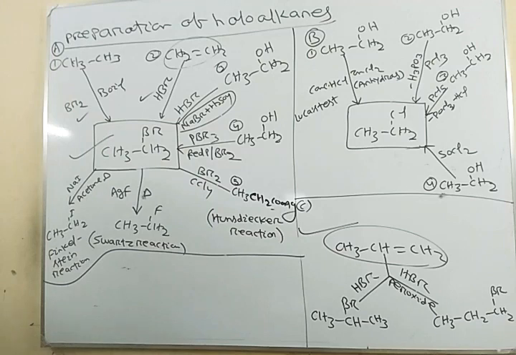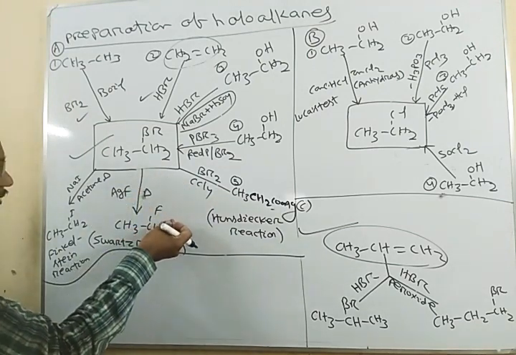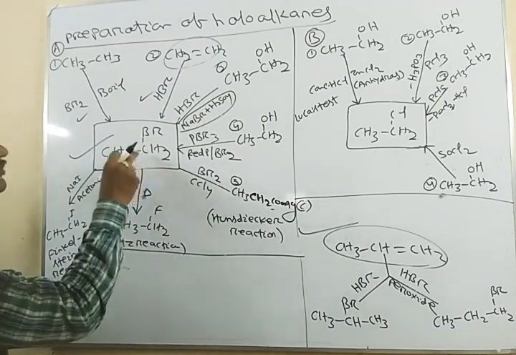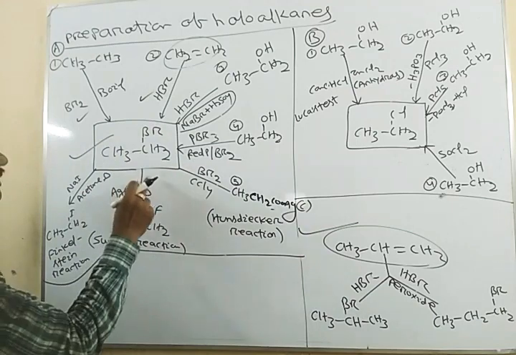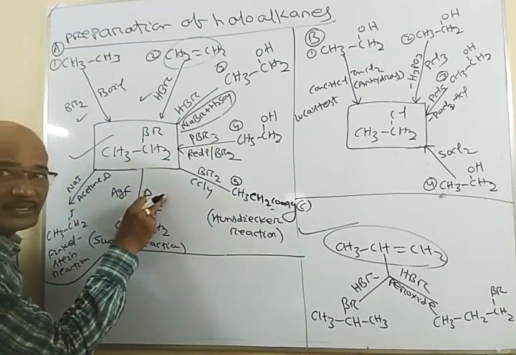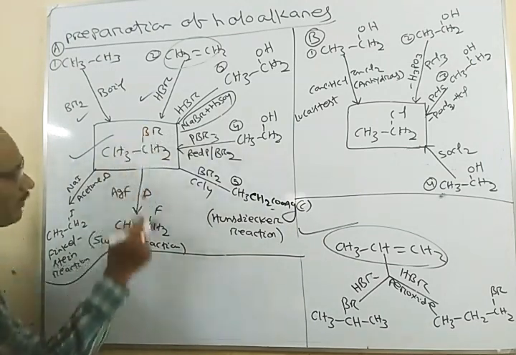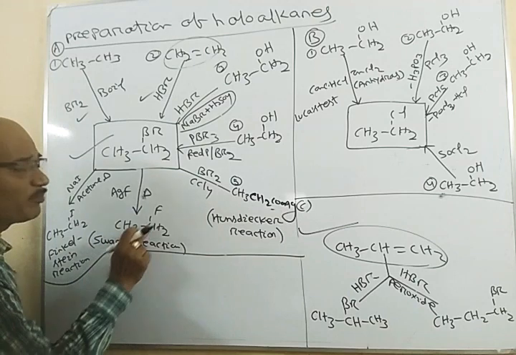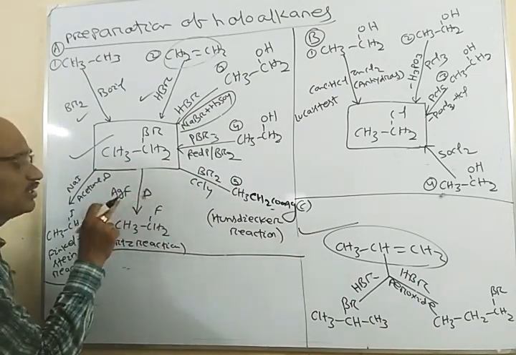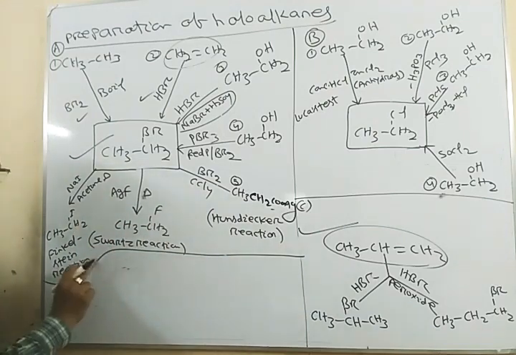Now after that, we can prepare fluoroalkanes, alkyl fluorides, from alkyl bromide. From this alkyl bromide, ethyl bromide, if I take AgF and heat, then I can get CH3CH2F. Similarly, when ethyl bromide is heated with silver chloride, ethyl chloride is formed. This is called the Swarts